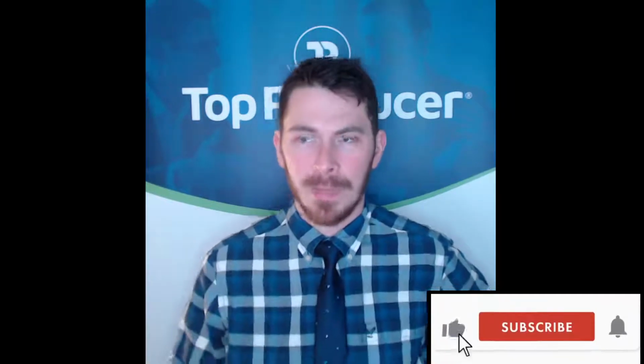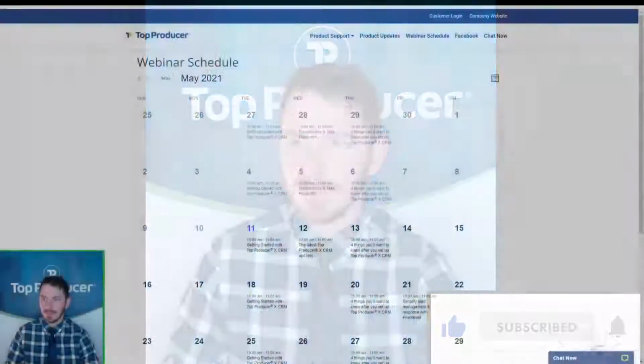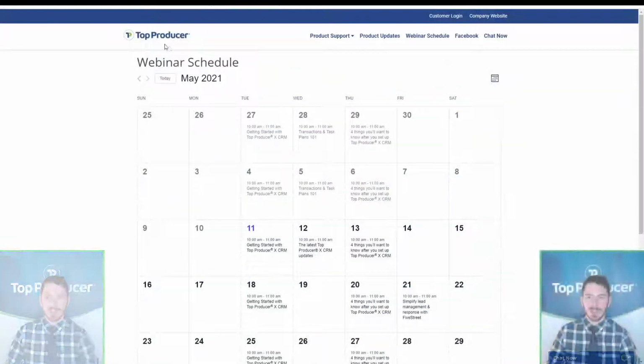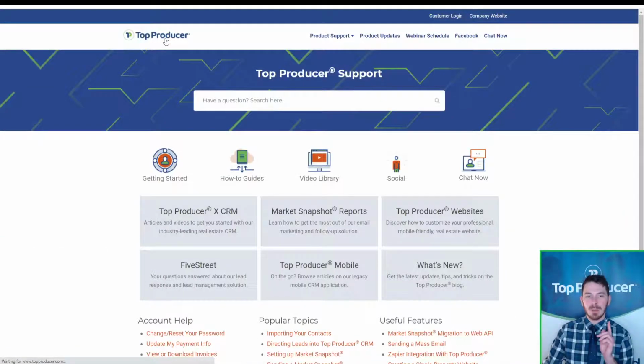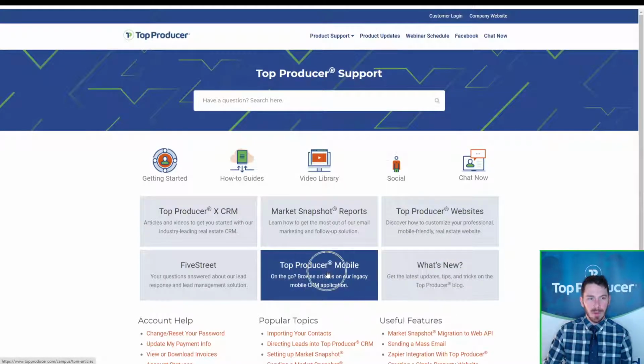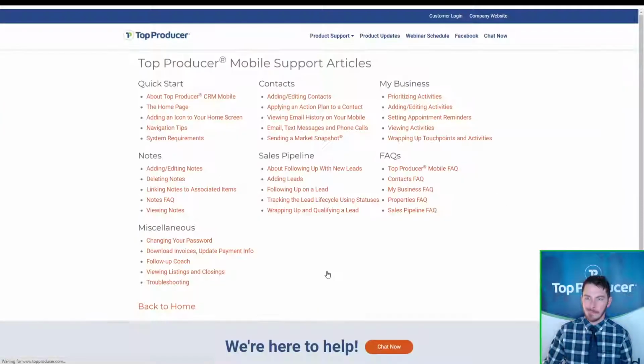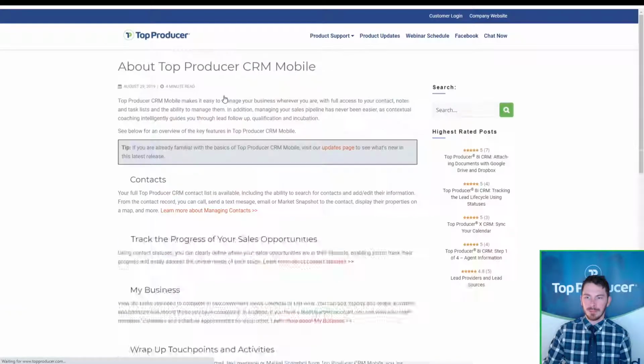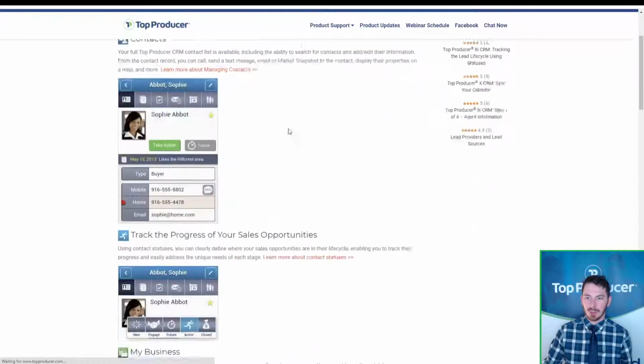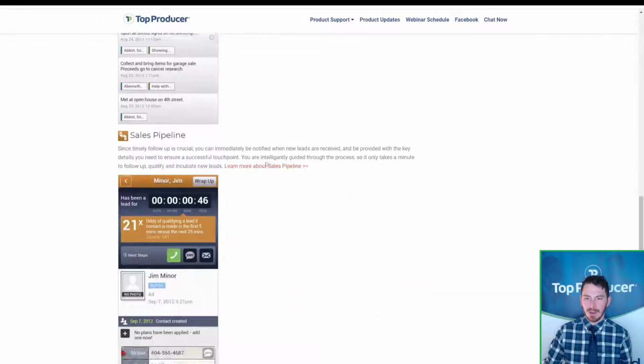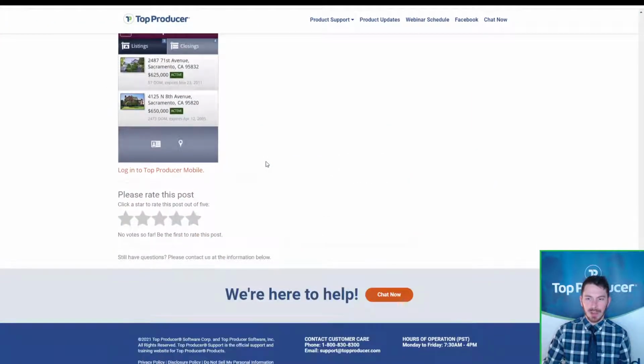So that being said, one last suggestion is I would highly recommend checking out the mobile version of Top Producer. On the support page, there's the Top Producer mobile section. Just click on that. Then click on About Top Producer CRM Mobile. And this will show you how to get started with this, give you some examples of what everything does. And you can, of course, click Log into Top Producer Mobile. You can access this at